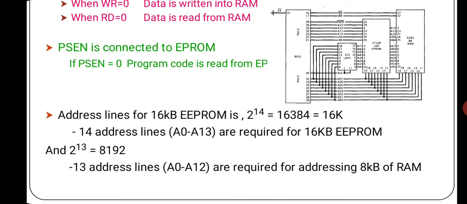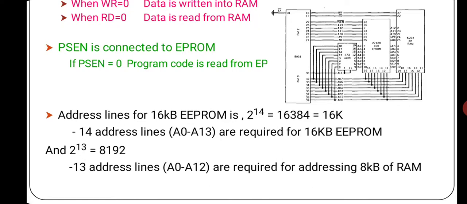Got it? In the exam you may get this topic as: show a diagram of how to make connections for an external memory of 32 KB of ROM, 64 KB of RAM, like this. In that case you should mind the address lines, how many address lines you are connecting for 64 KB of RAM, 32 KB of ROM, and so on. Here only one example is shown.